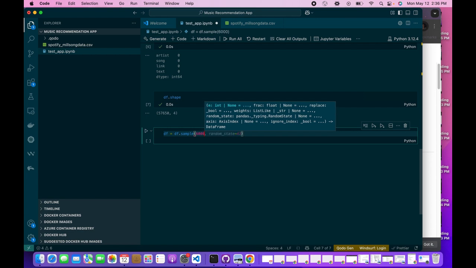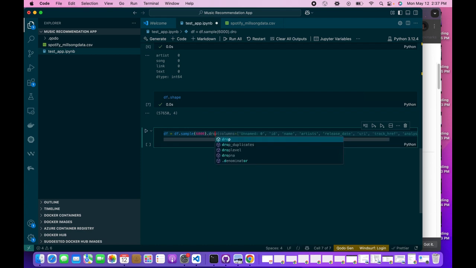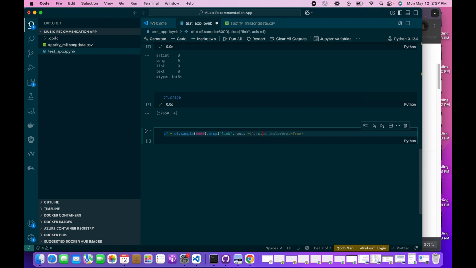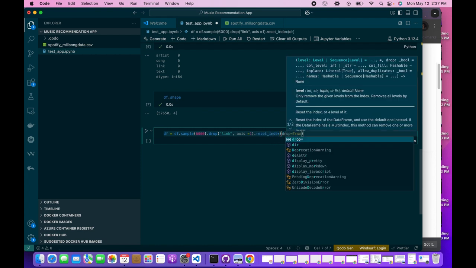and then I want to also drop this link column. I don't think I need that link column to build the application, so it's not a useful column. I'm going to drop that. Then I'm going to say drop the link, and since it's a column, the axis is 1, while for rows the axis is 0. Then dot reset_index, drop equals true,